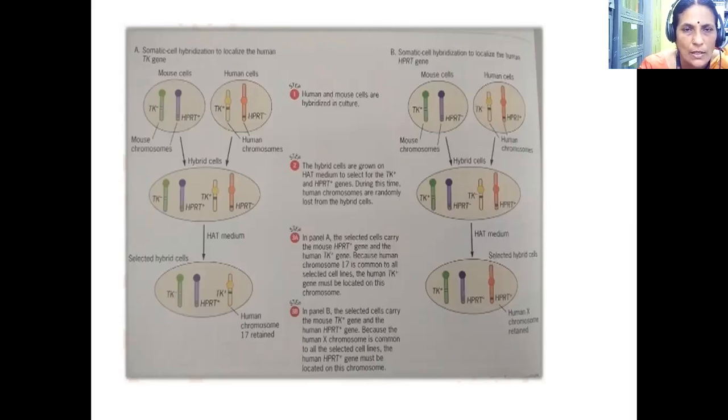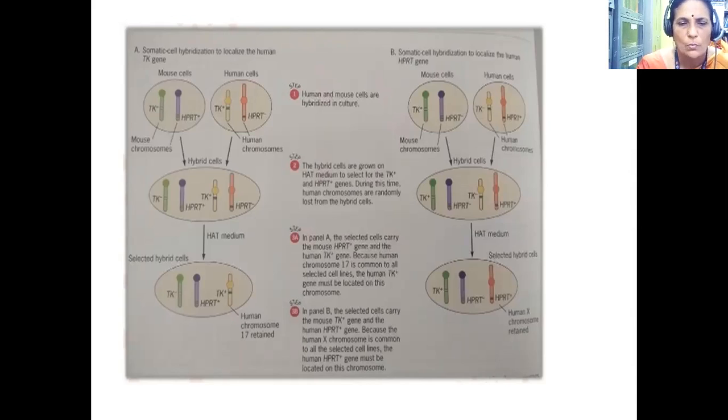Step 1: human and mouse cells are hybridized in culture. The second step is the hybrid cells are grown on HAT medium to select for the TK plus and HPRT plus genes. During this time, human chromosomes are randomly lost from the hybrid cells. Step 3, in panel A, the selected cells carry the mouse HPRT plus gene and the human TK plus gene. Because human chromosome 17 is common to all selected cell lines, the human TK plus gene must be located